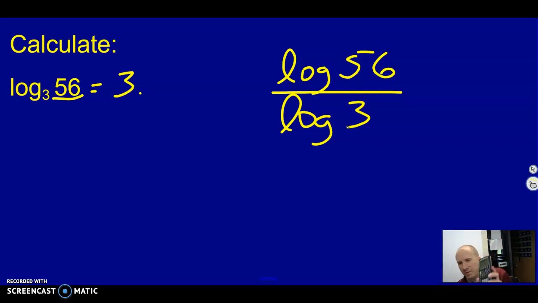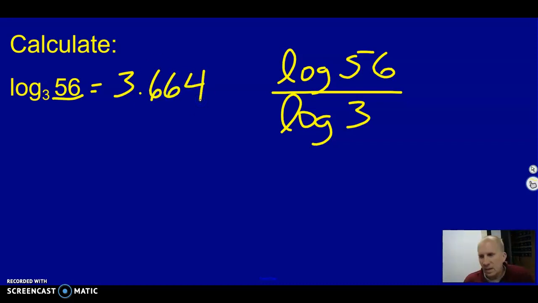The place we have to be careful is that when I type in log, it makes a parenthesis. So when I type in 56, I need to close the parenthesis before I divide by log 3. So you type in log 56, close the parenthesis, divided by log 3, close that parenthesis as well, and we get